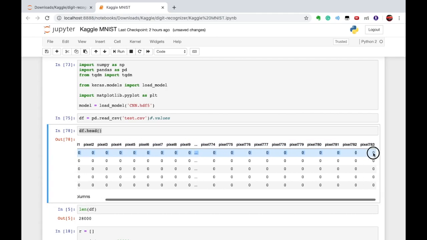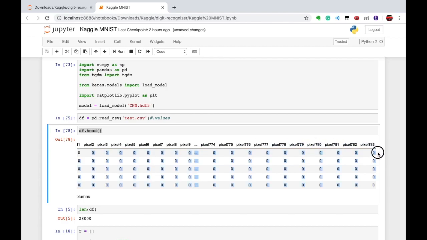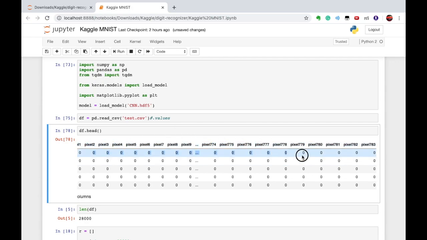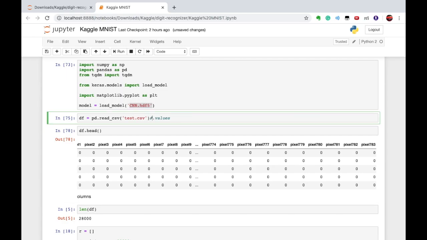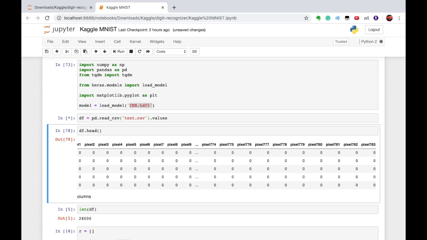So first of all, I need to convert each row into 28 by 28 pixel values. After that I need to pass each image: first I need to make the image from each row, then pre-process that particular image and then pass it into our CNN model so that it can make the prediction. Okay, so we are done here, and after that, let's read the values. What values will do is return the data in list format. Let's check the shape of it.